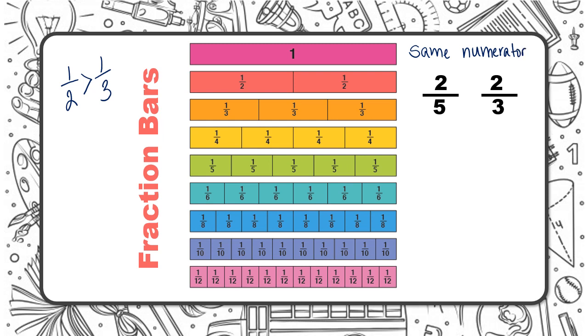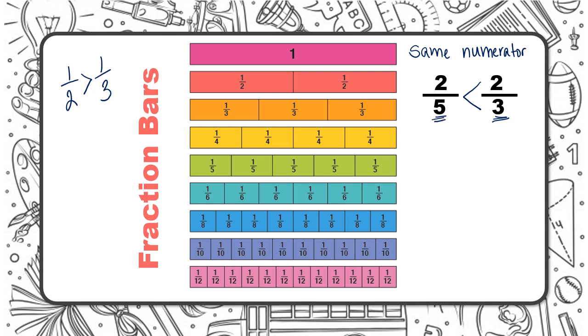I know that when I have two fractions that have the same numerator, I look at the denominators and find the one that is the smallest. The smallest denominator is actually going to be the biggest fraction because the parts are going to be bigger. So I know that 2/5 is less than 2/3 because the denominator of 3 is smaller than my denominator of